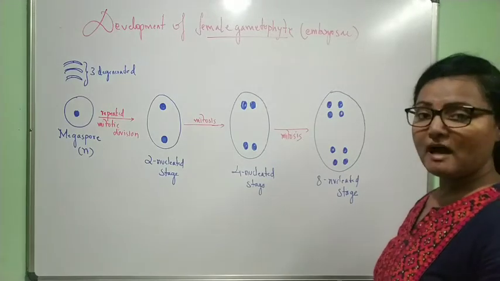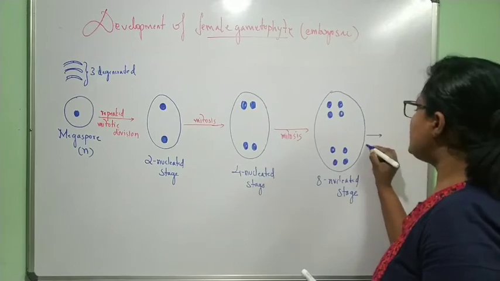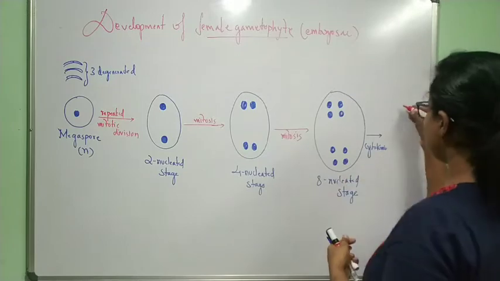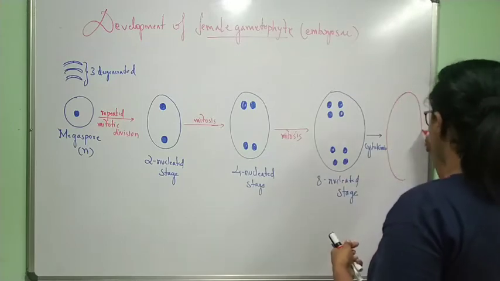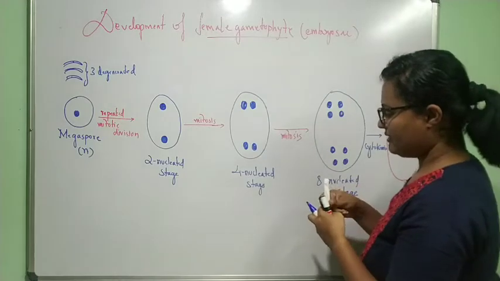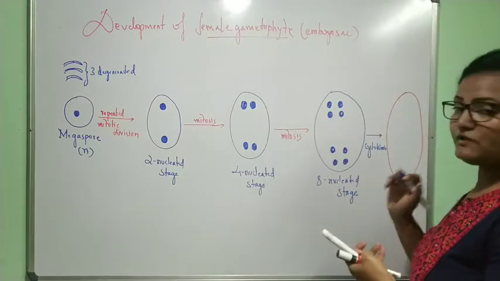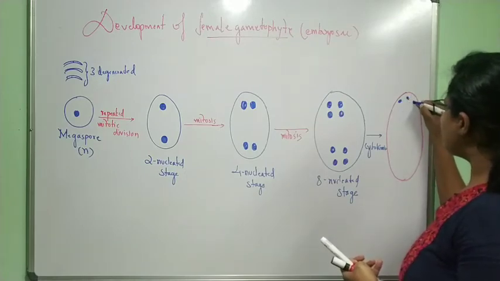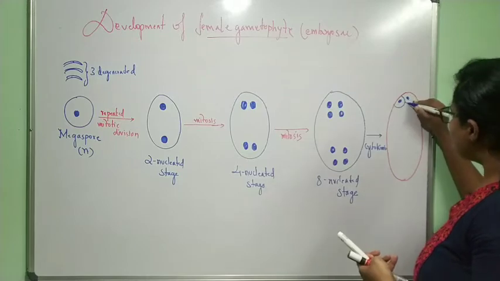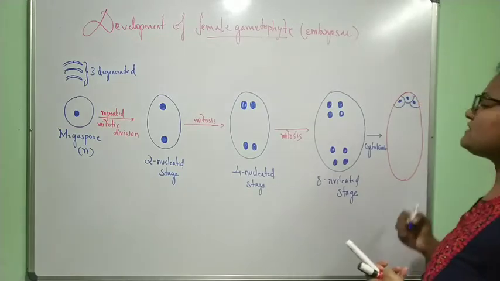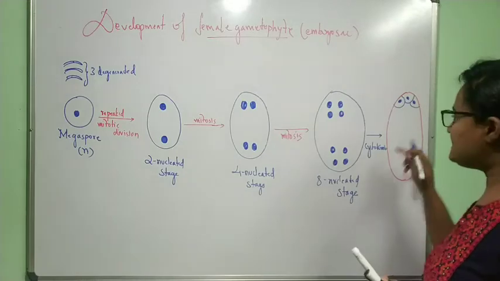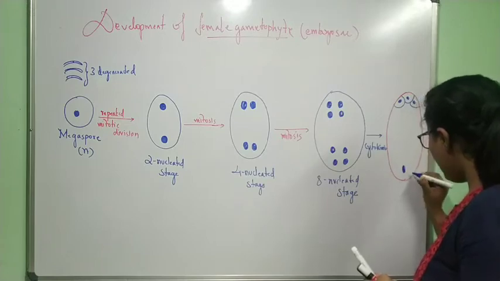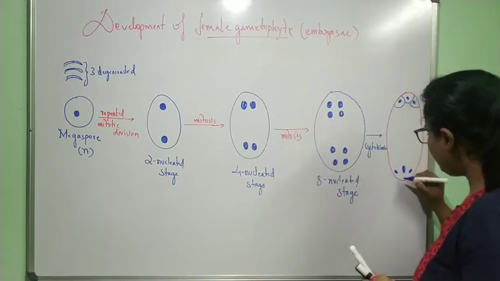Okay, now what happens? Now there is cytokinesis. Here, what happens in the cytokinesis? 3 cells go to one end and they form cell wall, cell membrane. Okay, so that is cytokinesis, and another 3 go to the another end of the